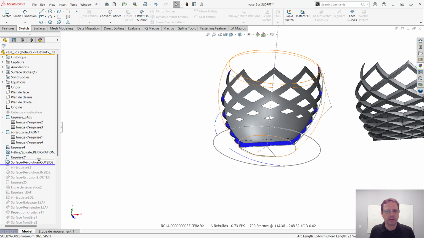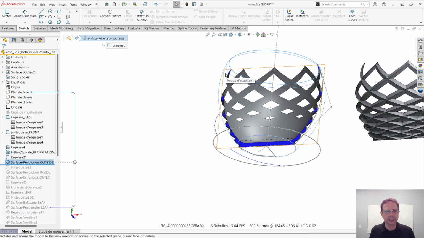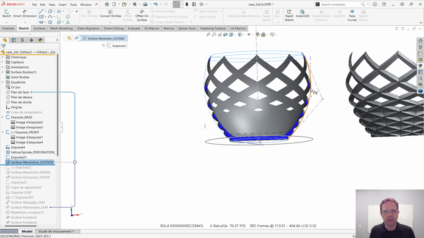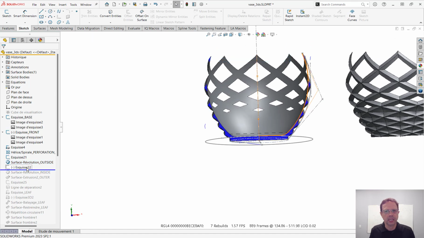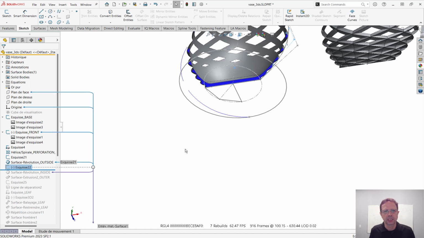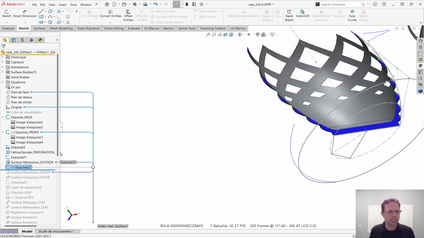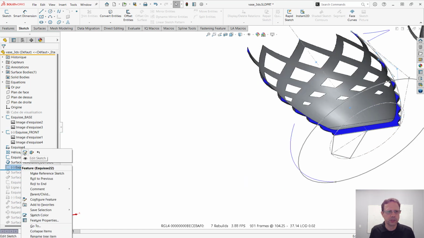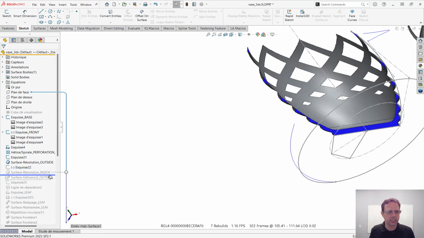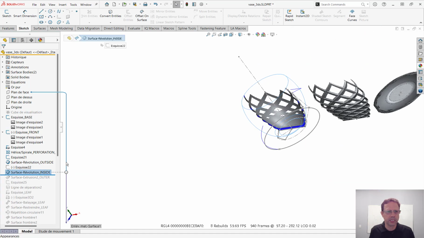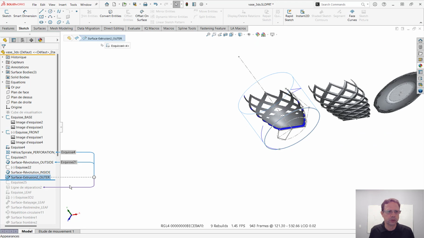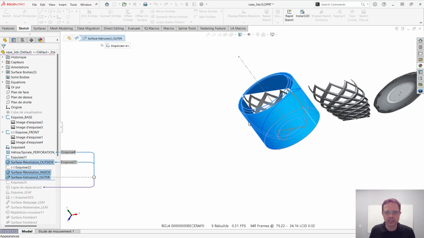Next, we have a revolve body for the overall shape, again matching everything, very nice. And then, I think this is, let's see, is this an intersection curve? Oh no, sorry, another revolution on the inside, and then an extrusion on the outside. Okay, so let's show all the bodies right now. You guys can see